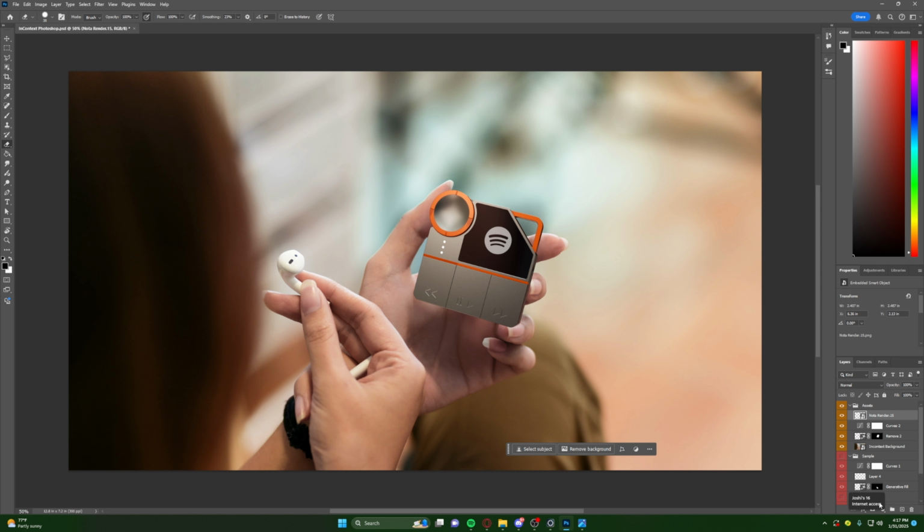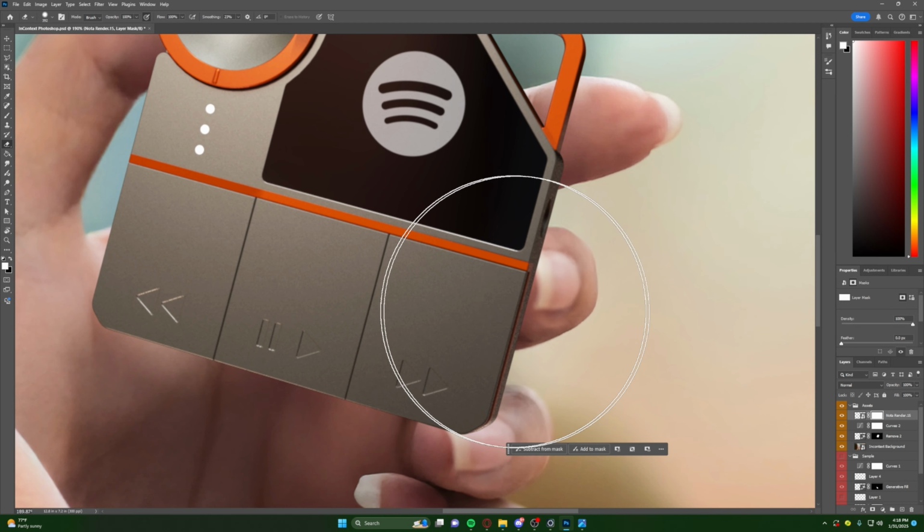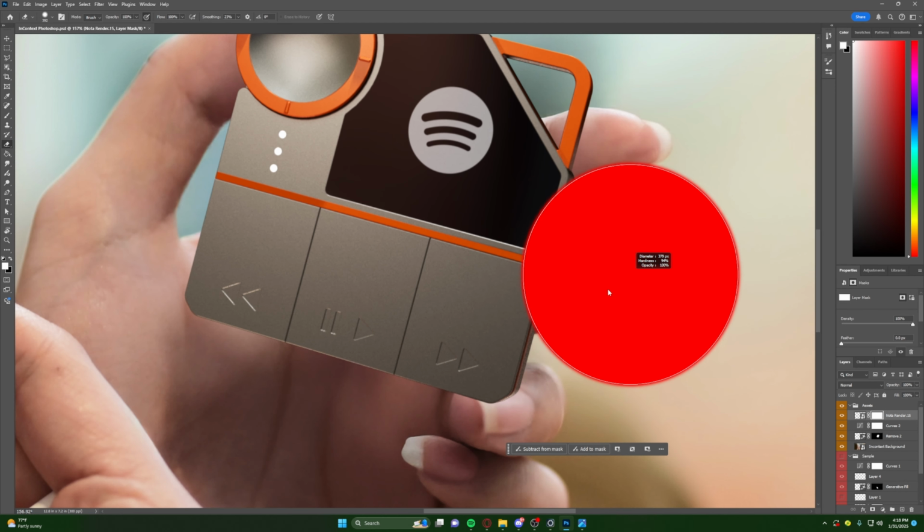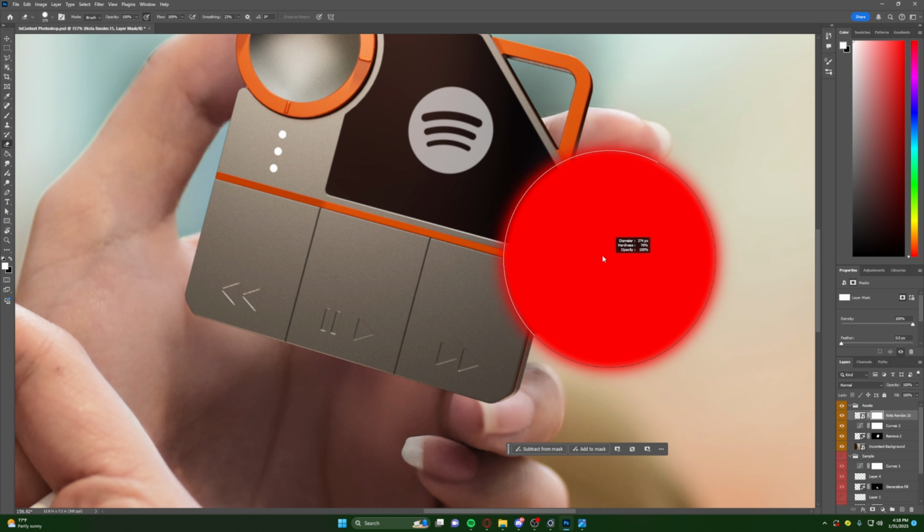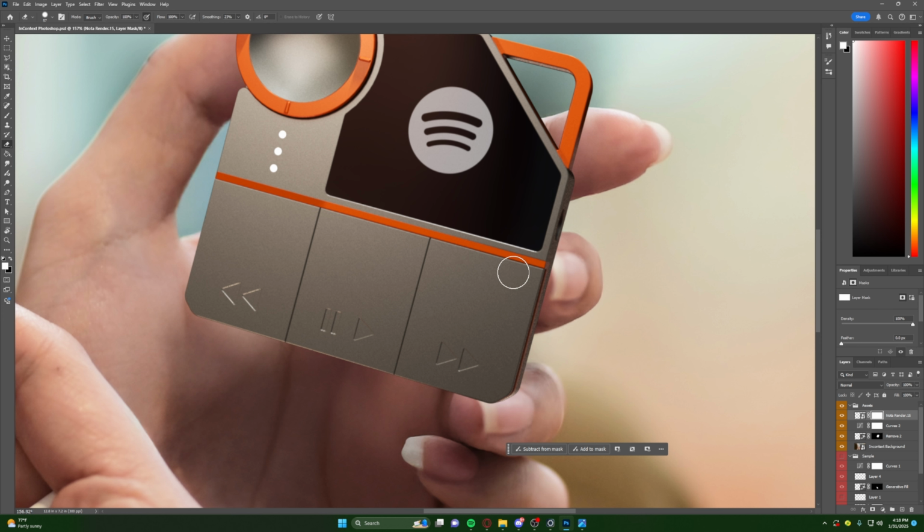So what I want you to do is turn on your layer mask, click on this icon, and then make sure you're not selected on the image, but make sure you select the mask itself. Here we can press E on your keyboard, and then we have an eraser brush. The way you could adjust, how I'm adjusting right now, is by holding Alt and then moving your mouse up or down so that it controls the hardness, and then left or right to control the size. So we can zoom in here a bit. We kind of want a slightly soft brush, but not too soft. Then we can start erasing